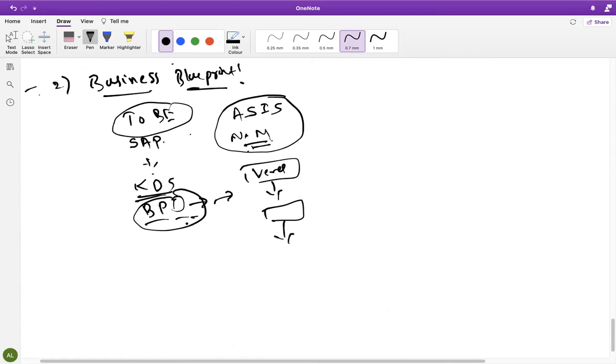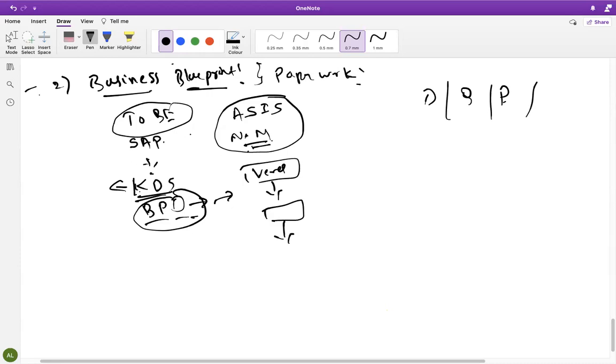All these documents I will give you in level 2 training, and how they look. The KDS document, the key document structure, is a reference for the configuration we are going to do in SAP. One more thing: in the business blueprint phase, we do everything as paperwork only. We have development, quality and production, 3 servers, but the servers are not installed. We need to do all the paperwork only.